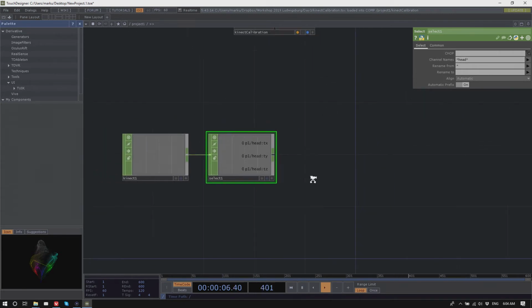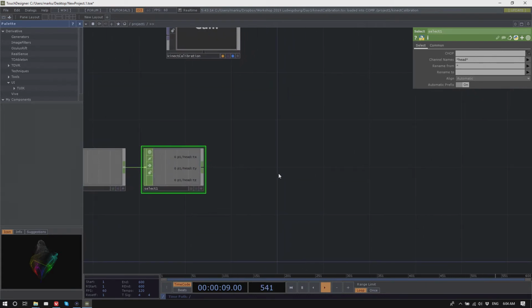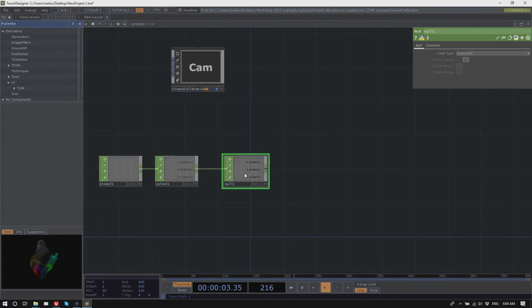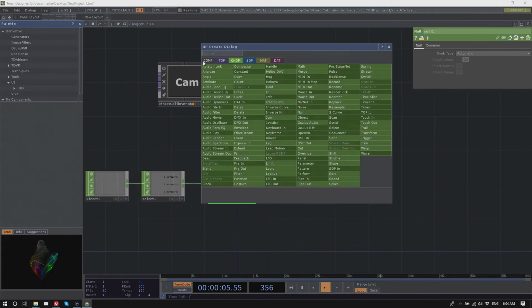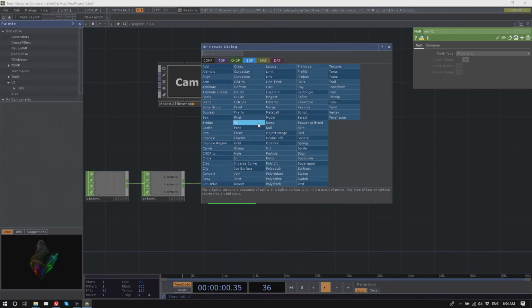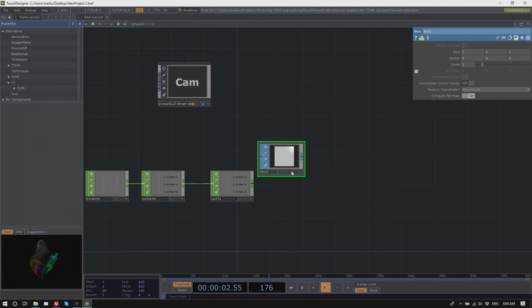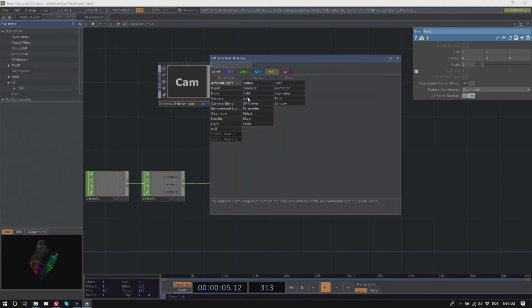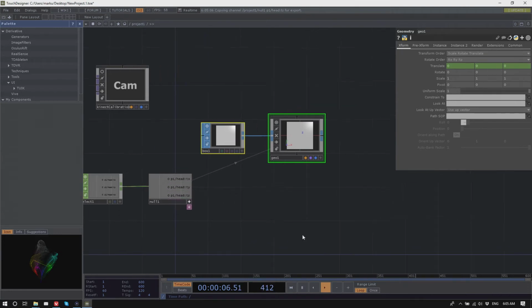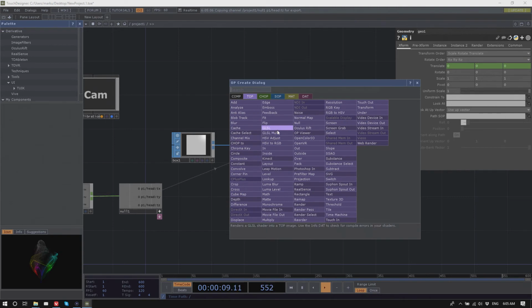So I have a TXY, XYZ for the head, and I take, let's give me a box and geometry. Okay. And I export the positions of the head onto the geometry. And I render the whole thing.